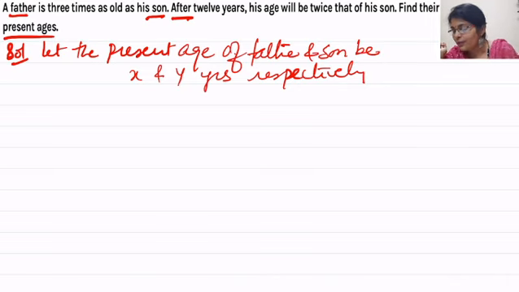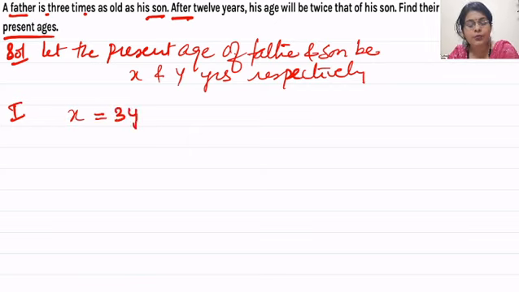So what we will do? We have to just go by what is being asked. तो यहाँ पर पहली कंडीशन है, a father is 3 times as old as his son. तो हमारी फर्स्ट कंडीशन कह रही है कि फादर की एज को हमने एक्स माना है, is 3 times as old as his son. तो पिताजी की एज 3 times है अपने बेटे की एज की. तो ये हमारी पहली कंडीशन हो गई.